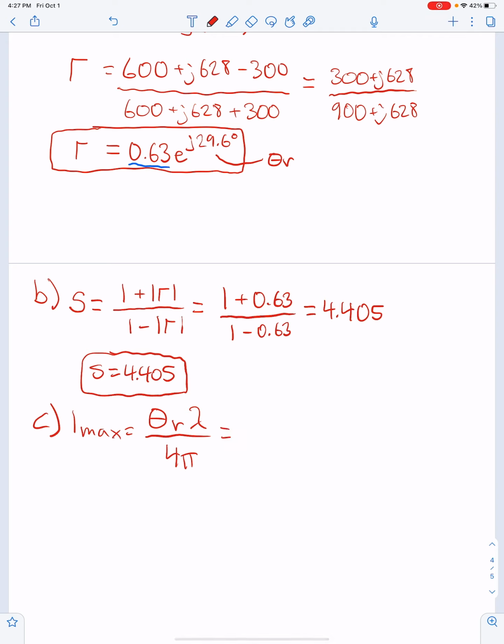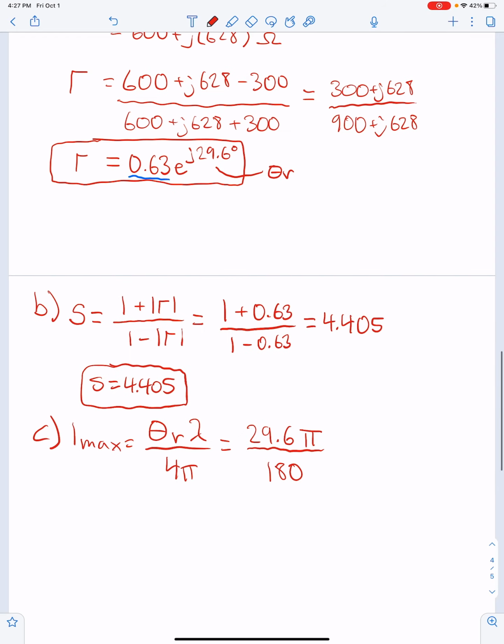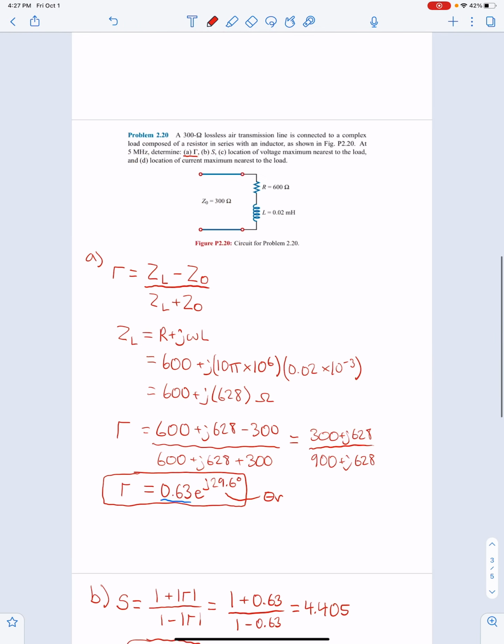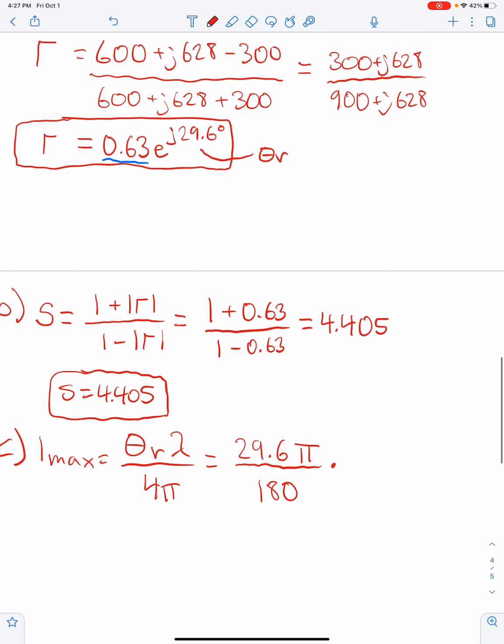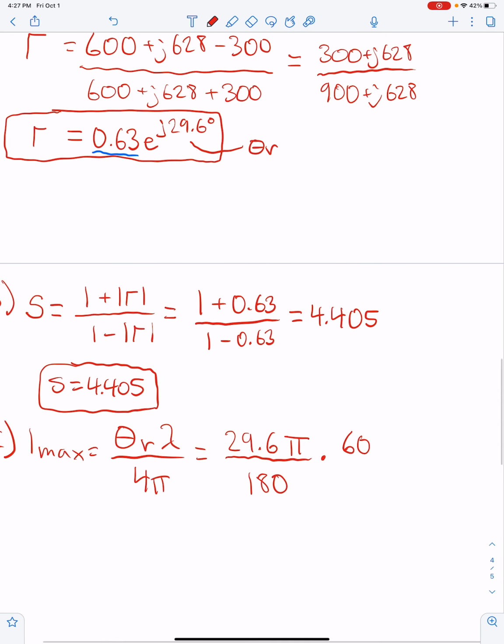So we have that angle times pi over 180, and then we multiply by our 60,